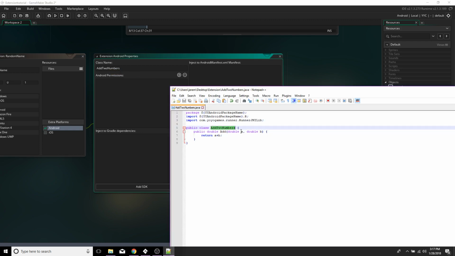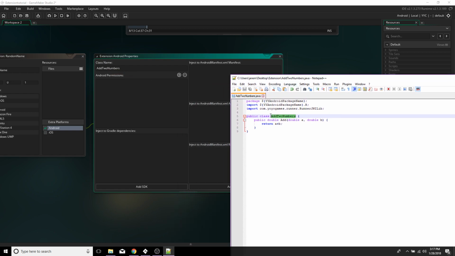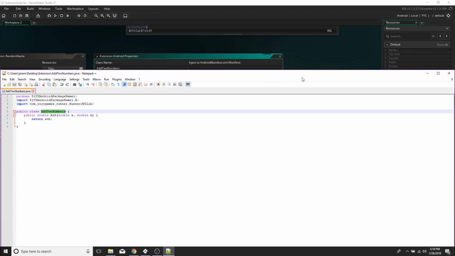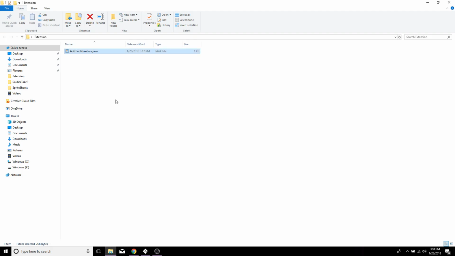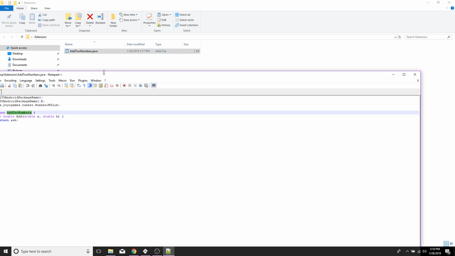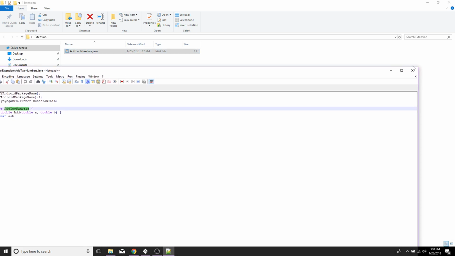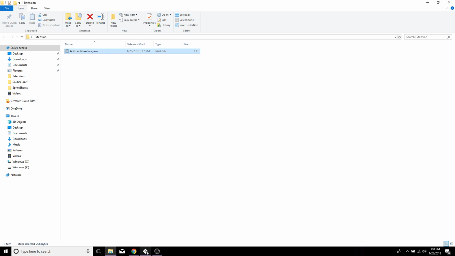If they're not the same, it won't work. Nothing will work. Okay, those have to be the same. Okay, so now that we have this, and I just put it in a random folder on my desktop called add 2 numbers, and did I save it? I did. So it's just a folder on my desktop, and what I'm going to do is